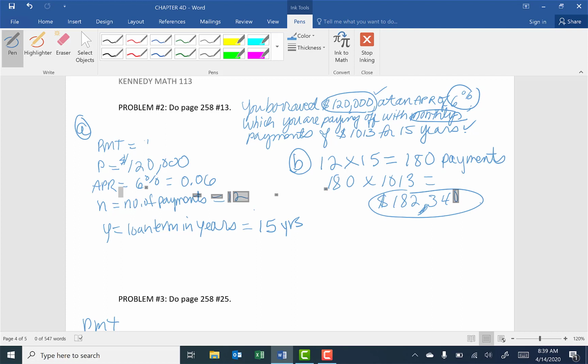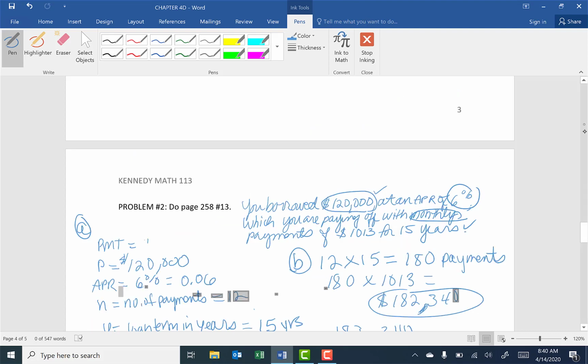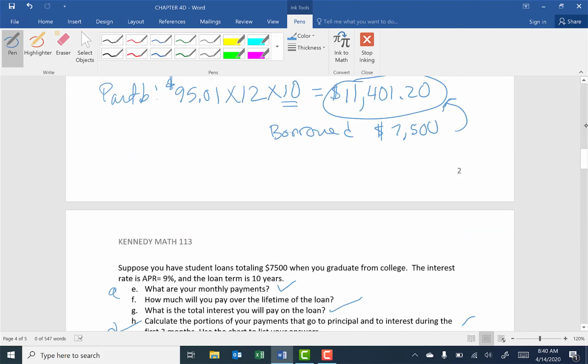We have 182,340, and let's subtract what we borrowed, 120,000, and we're going to get $62,340, and that is our interest that we're paying back. So if we want to know what percentage that is, that's just our interest payment. To find our percentage now,